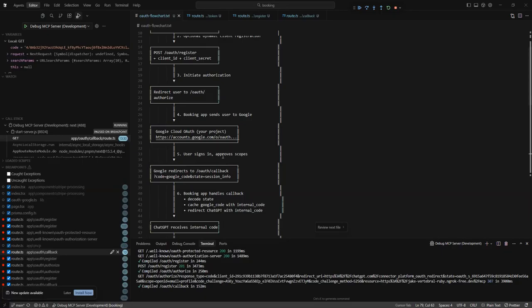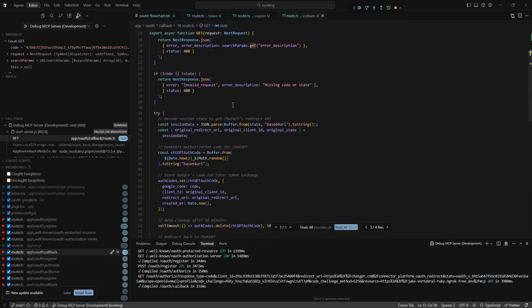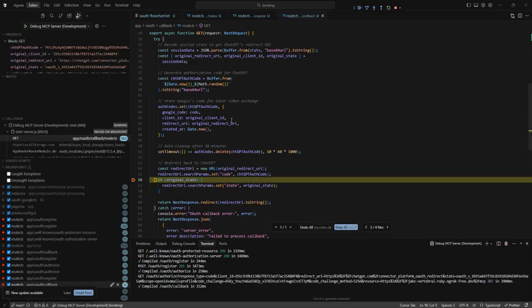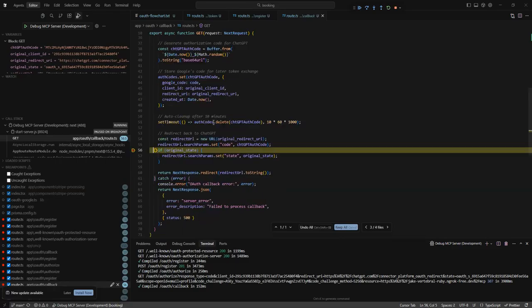After the user approves, Google calls back to our callback endpoint, a route where we store Google's short-lived code, generate an internal code for ChatGPT, and redirect the user back.